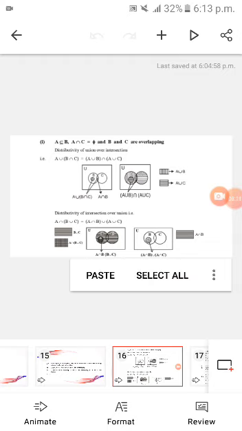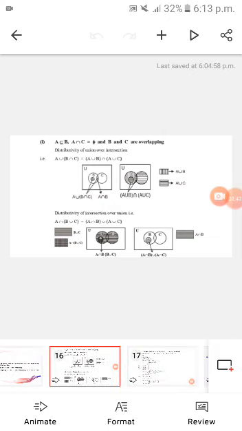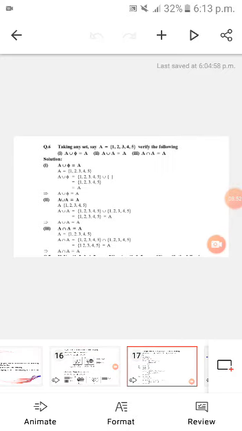In this case A intersection (B union C) equals (A intersection B) union (A intersection C). In this case the diagram is also shown on your screen. B union C is represented by horizontal lines and A intersection (B union C) is represented by vertical and horizontal lines in box form. And in the second diagram A intersection B is represented by horizontal lines. The second part is your assignment.